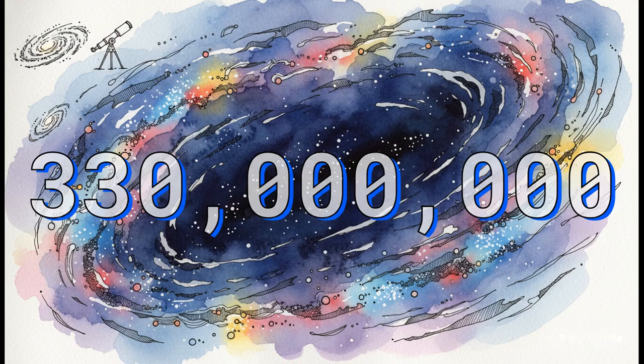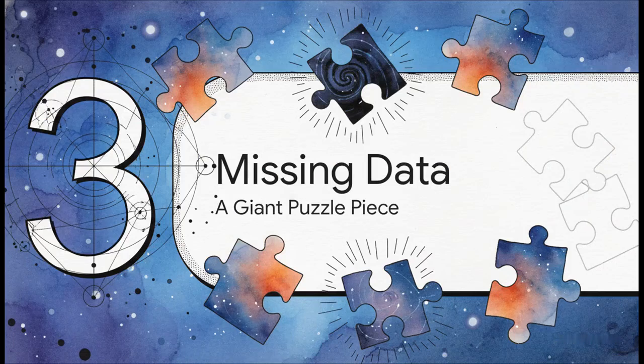If our galaxy was plopped dead center in this void, we wouldn't have even known other galaxies existed until deep space telescopes came along in the 1960s. The profound isolation is almost impossible for the human brain to truly process. That is the sheer scale of the emptiness we're dealing with. Which brings us to Section 3, analyzing the missing data.